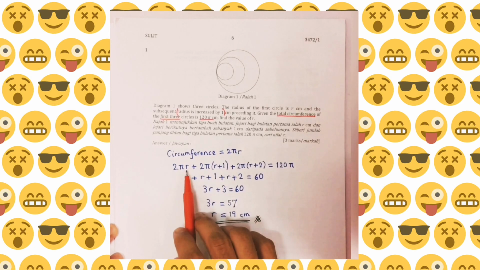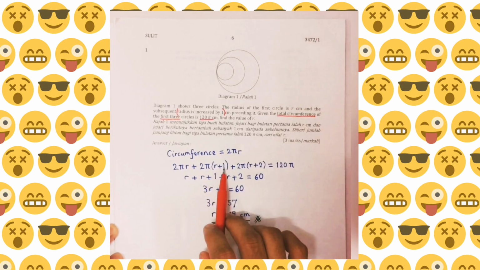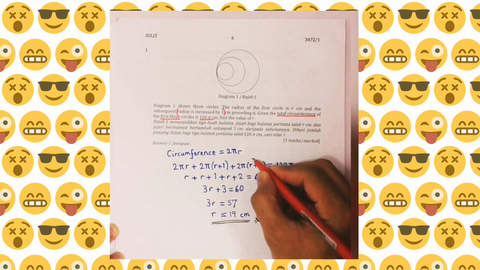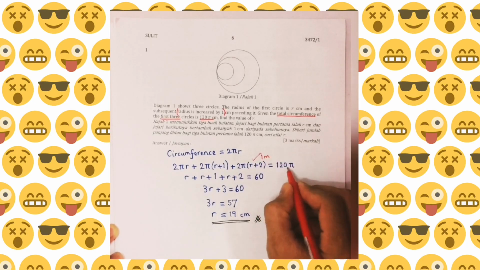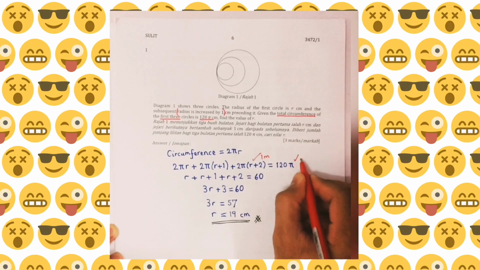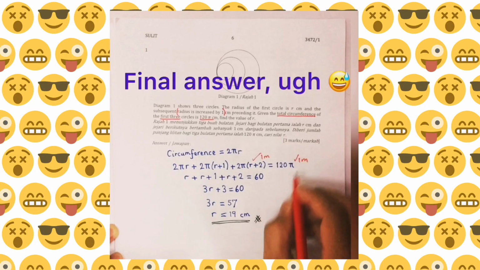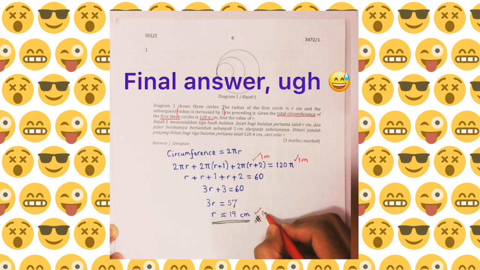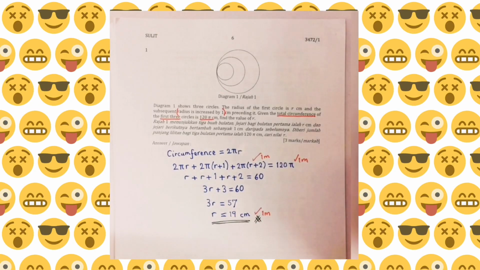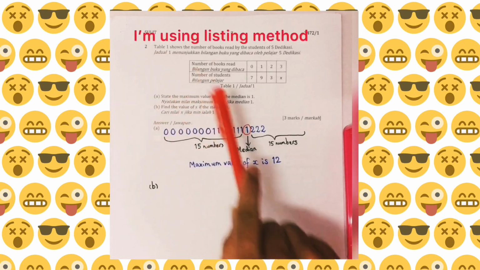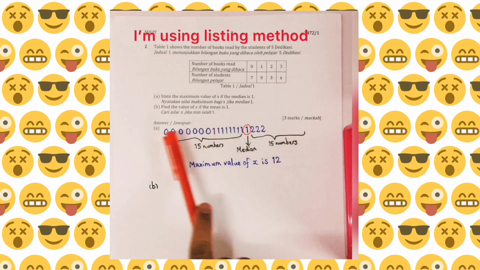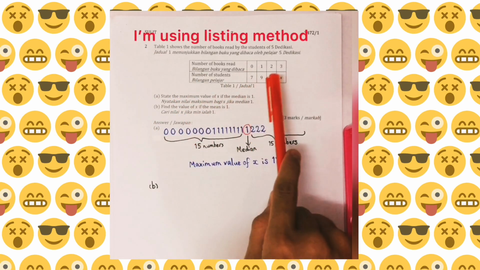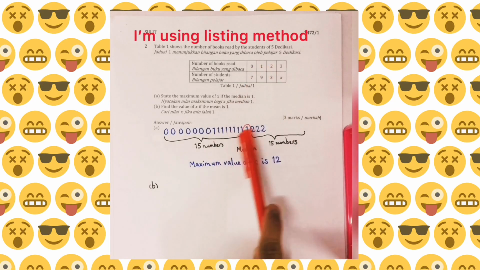If you write 2 pi r plus 1, and then 2 pi r plus 2, you get 1 mark there. If you write equals to 120 pi, you get another 1 mark there. And the final answer will be 1 mark. Total 3 marks. For question number 2, if you list everything, you have 7 zeros, 9 ones, and then imagine